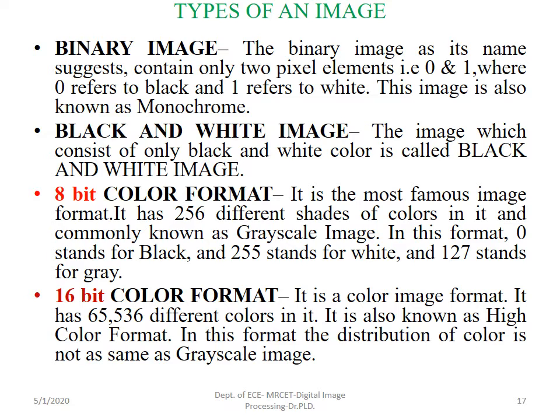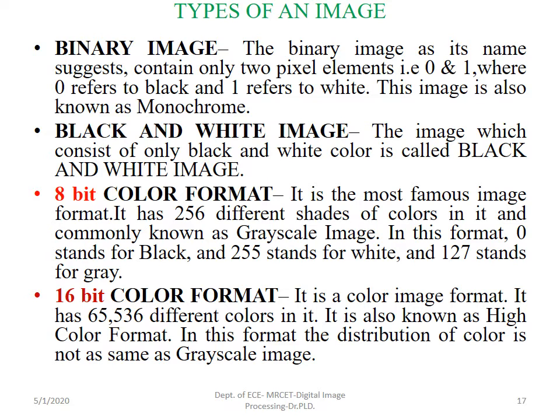All the shades varying from black to white are called gray levels. In between, exactly 127 is also called a gray level or gray value, but all the values between 0 and white are called gray levels. But from the color image representation point of view, it has 0 as black and 255 as white, and still in between we have different color shades. That is what we call the 8-bit color image or 8-bit color format.